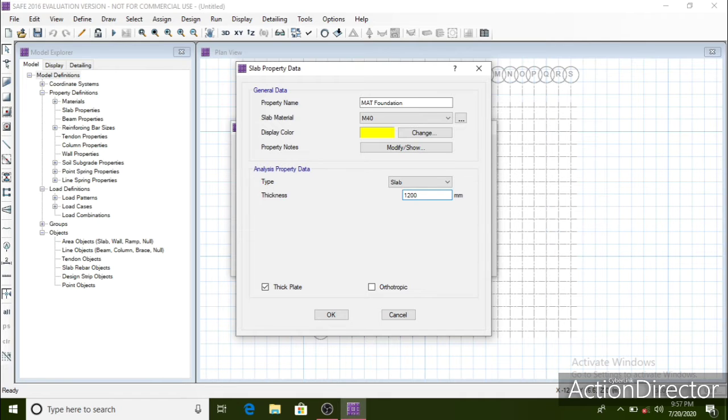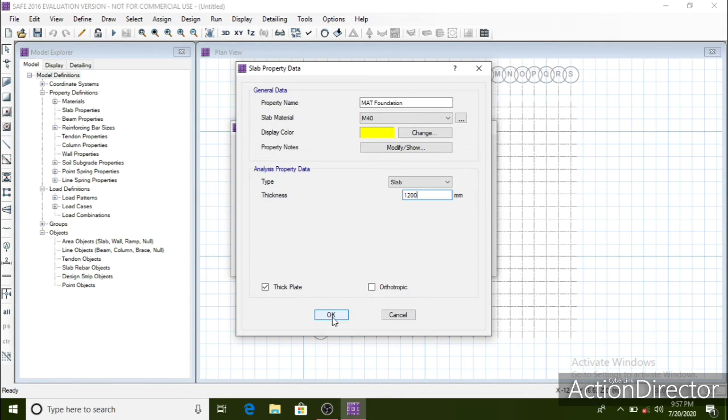Since the loads coming onto the foundation through the columns are very high, and as I have already done the design prior to making this video, a thickness of 1200 mm will be required for this. Otherwise we will have to keep revising the thickness again and again until we get the right thickness. So I'm directly entering the value of 1200 mm.